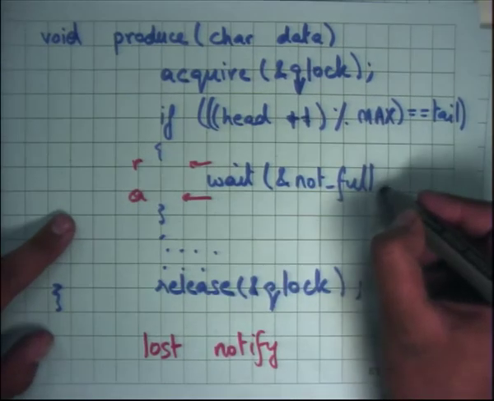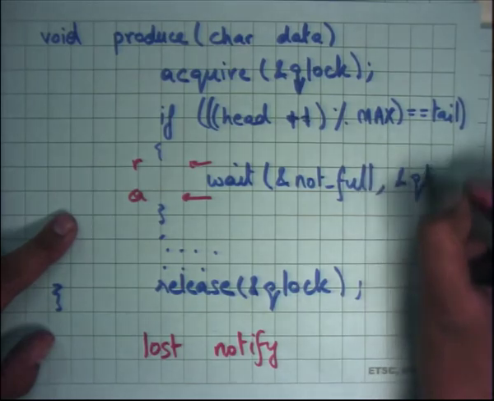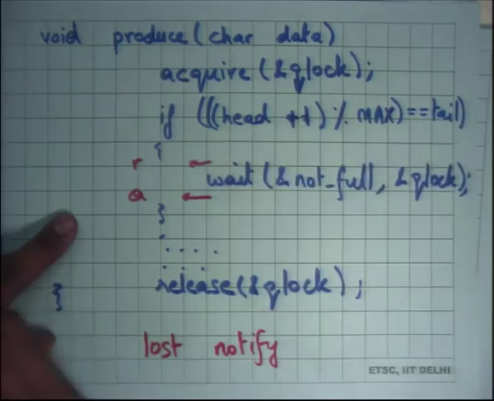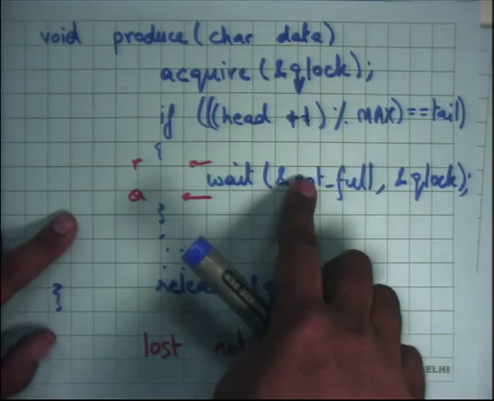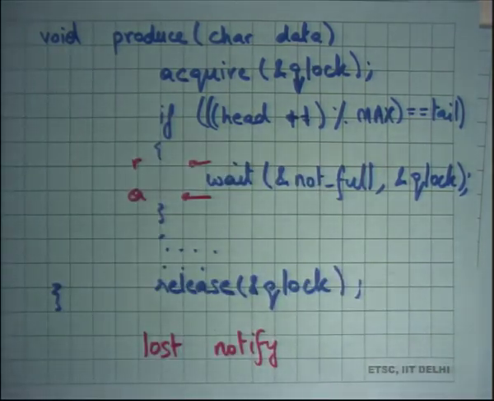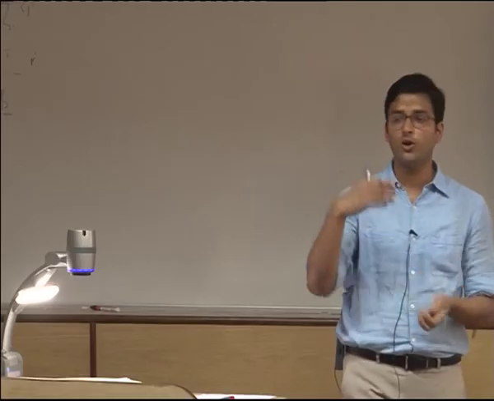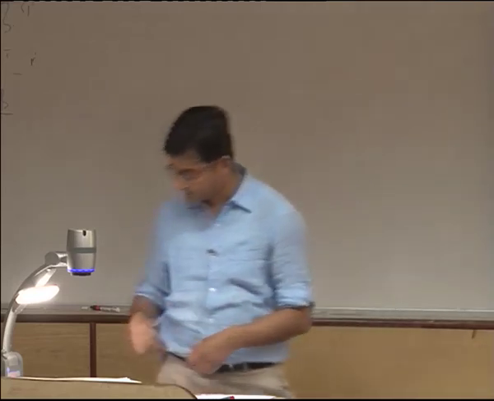Right? So inside this, I'll give it the second argument q lock, and the semantics are that it will release the q lock and go to wait, and it will make sure that nobody can call notify in the middle of these two things. It's not possible that after I release the lock and before I actually go to sleep, anybody can call notify. So it's atomic in that sense. You're going to release the lock and wait atomically. Nobody can call notify in the middle of those two operations.